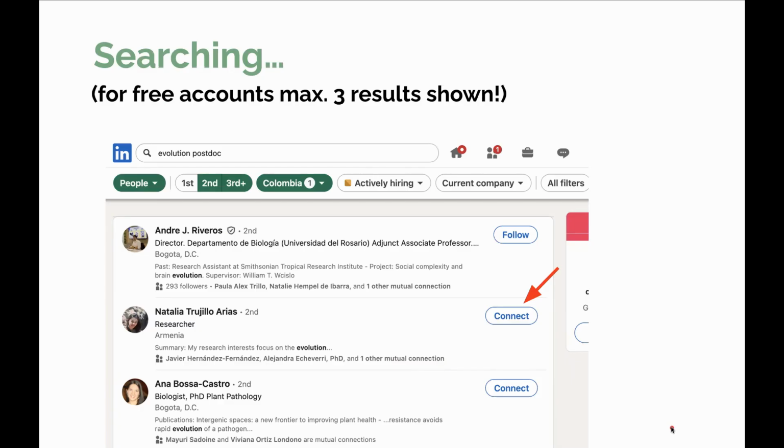So searching, this is an example of searching using keywords, evolution, and postdoc. So I'm looking for people who already have PhD and are related to evolutionary biology, hopefully. And below, those are the people suggested. But you can see there's a connect button to some of them already. If I see that this is potentially a person that could be interested, I can just press that button